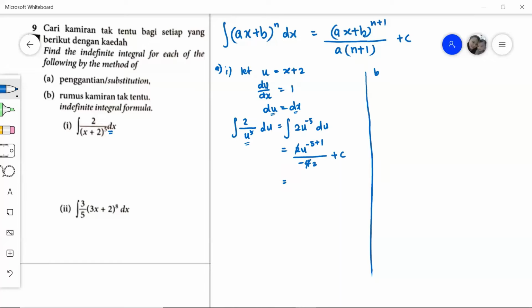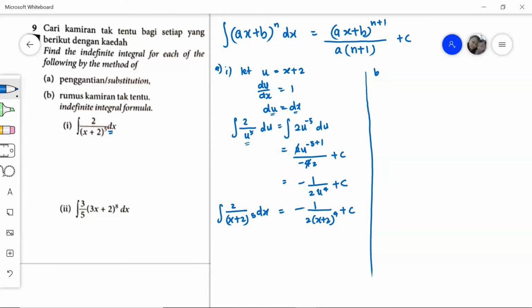So we have -1 over 2 u to the power of 4 plus c. Now we put back into our original question. Whenever we see u, we replace with x plus 2